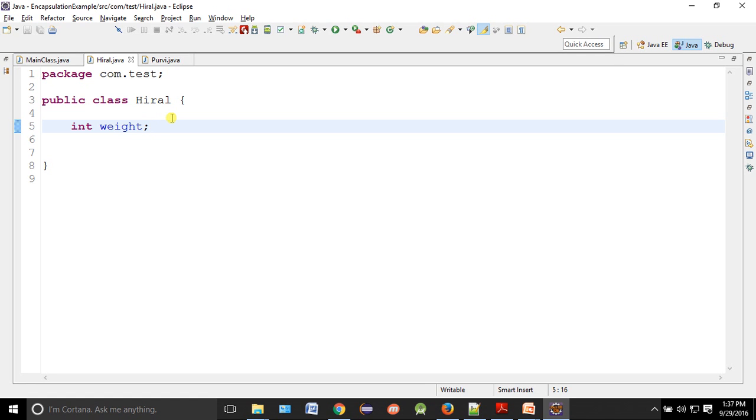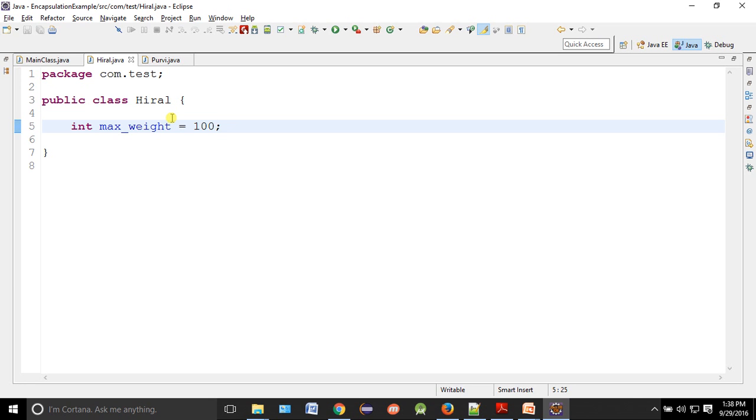So better we make it max weight. Hiral has the variable max weight, and it will not go more than 100.